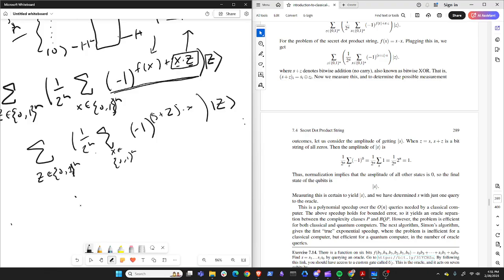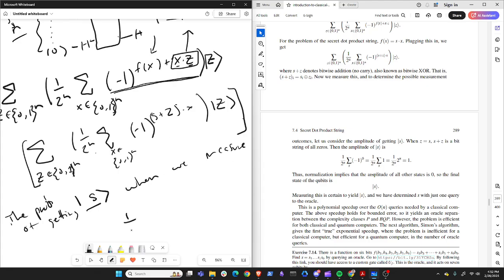So the amplitude of getting s, in other words, if we measure this state and we get s, which is our secret string, the probability of getting s when we measure is 1 over 2^n sum of minus 1 to the 0,